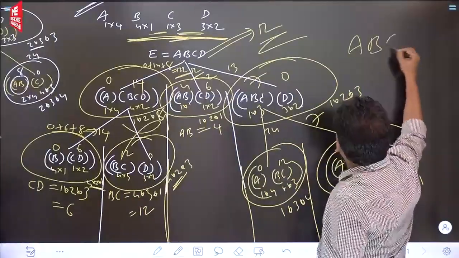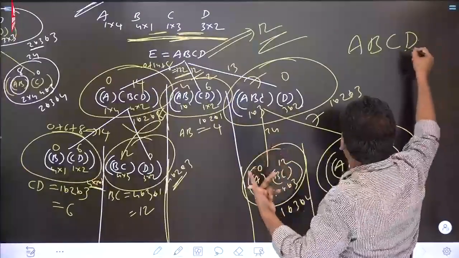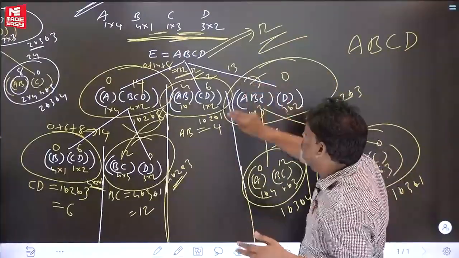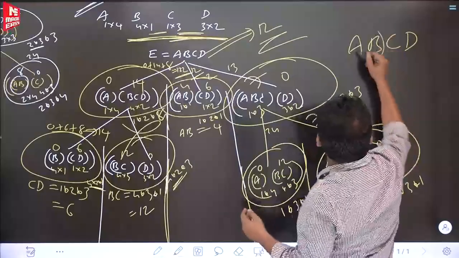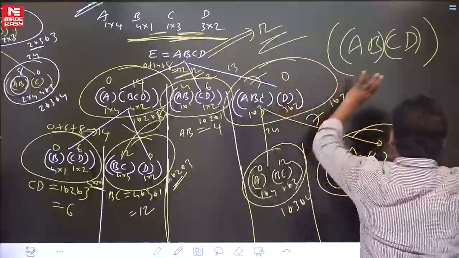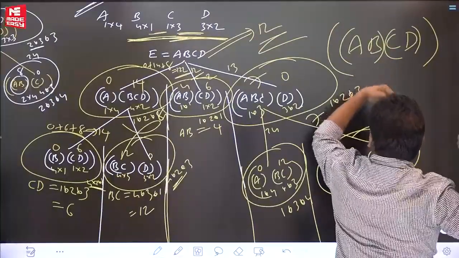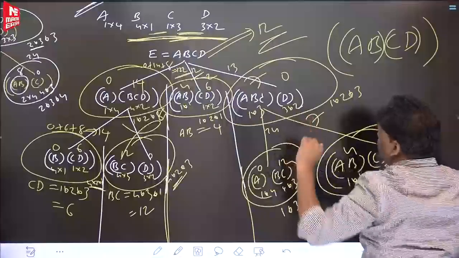The next one is going to be, which order do you have to do? A, B, C, D. 12 is the answer, it's okay. But in what order should I keep the brackets so that I get 12 as the answer? I think the second approach, this one. So A, B, C, D. Like that you have to keep the brackets. If I keep brackets in which order, I will get the best answer, and best answer means 12 here.